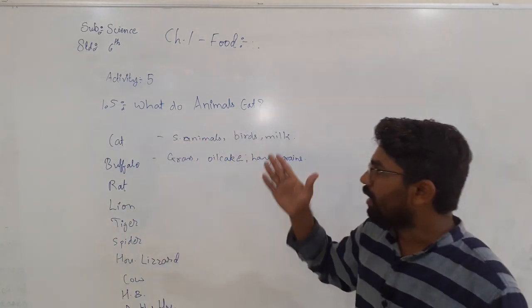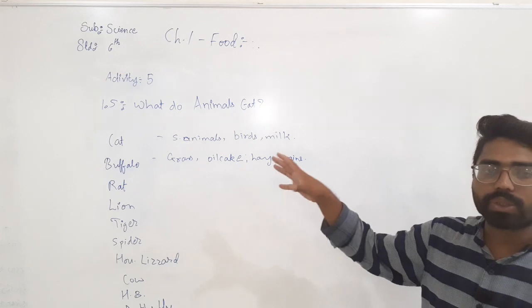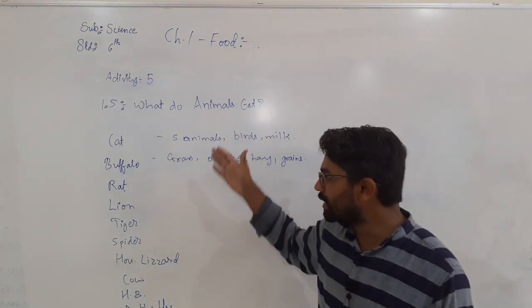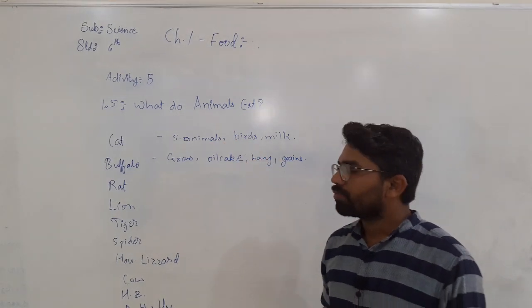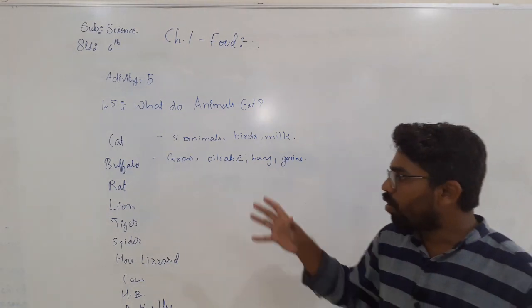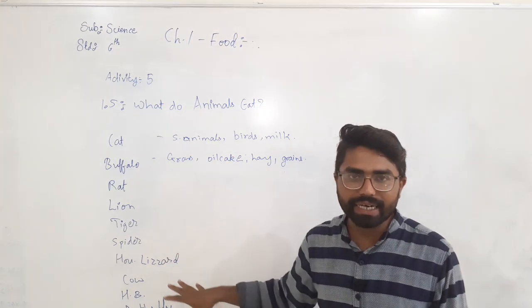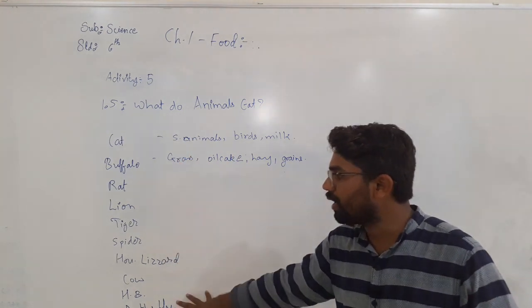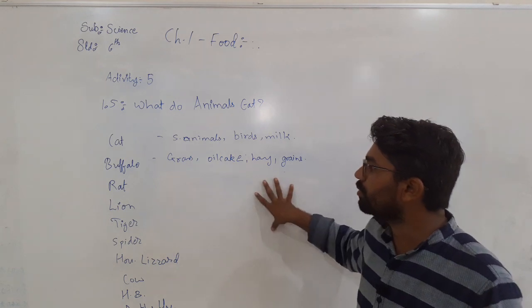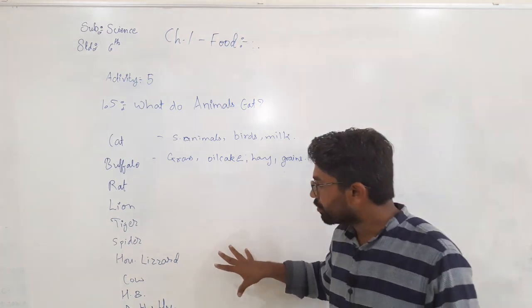So these are the animals that are given in activity number 6, and in that also there is a table, and I have just discussed all the animals and their diet. Now what should you do in the homework? You should complete this table by writing the names of the animals, and in front of them you have to write the diet of those animals, okay.